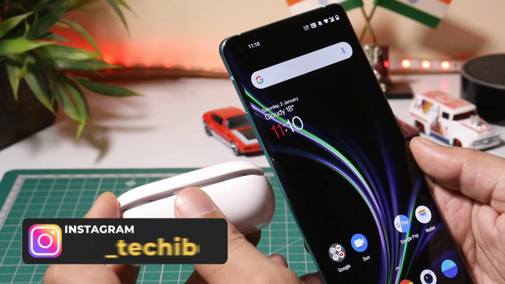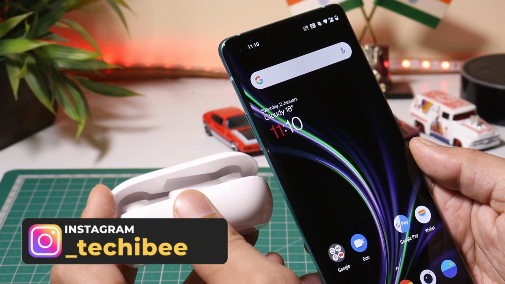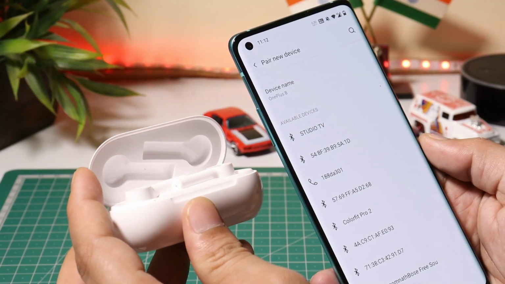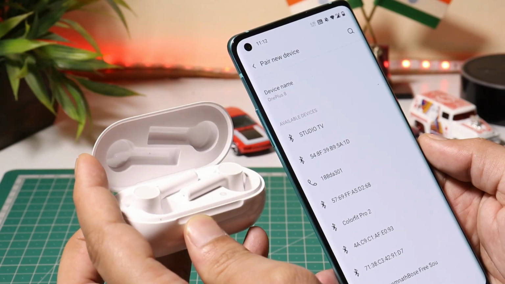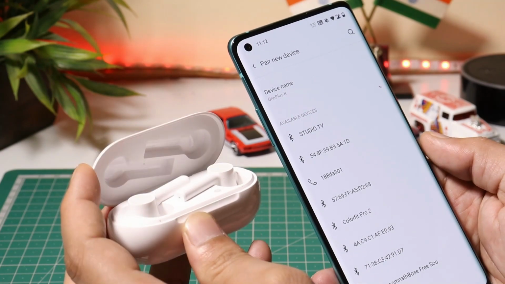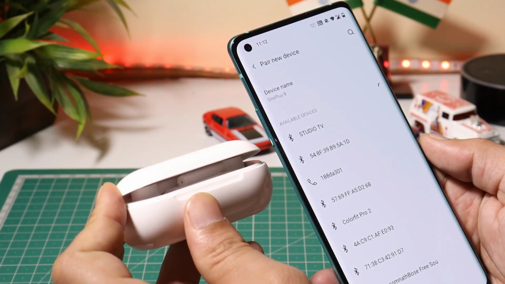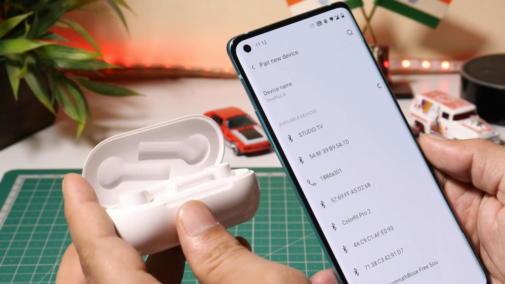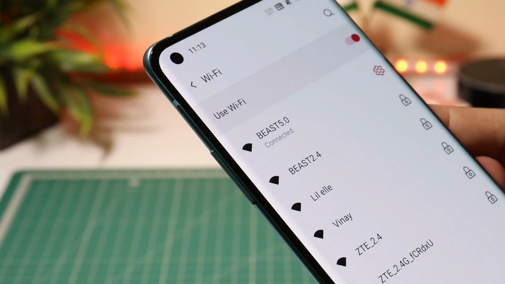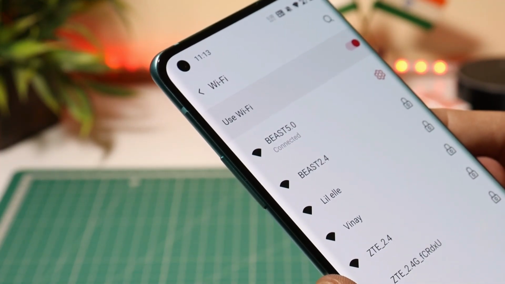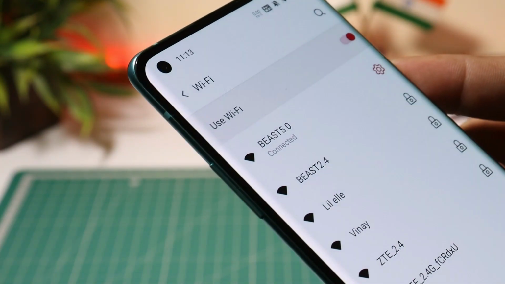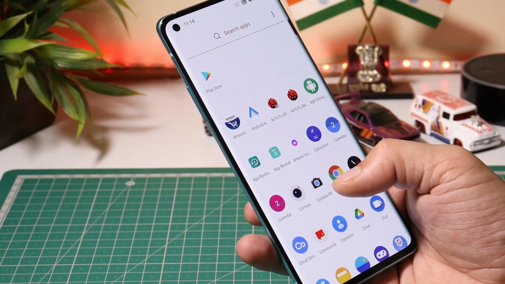On the previous update, few users also reported that there is no pop-up window when connecting to Bluetooth headsets. And that issue I think is still present on this latest update. I don't get any kind of pop-up when I open up my OnePlus Buds Z case. So I think this issue has still not been fixed. And this is not the case on Oxygen OS. On Oxygen OS, whenever I try to connect my OnePlus Buds Z or any OnePlus headset, I get a pop-up asking to pair the device. And the last fix is related to Wi-Fi, in which they have fixed the connection failure issue. Till now I have personally not faced any kind of issues related to Wi-Fi. On my device, both the bands of Wi-Fi are working great. So guys, these were the changes done with the latest Hydrogen OS Open Beta 6 for OnePlus 8 and 8 Pro.